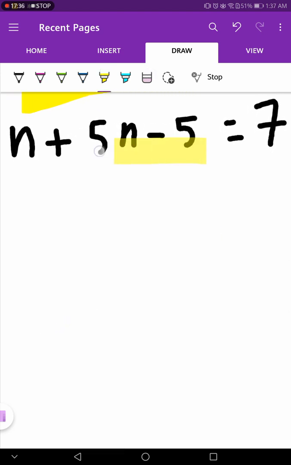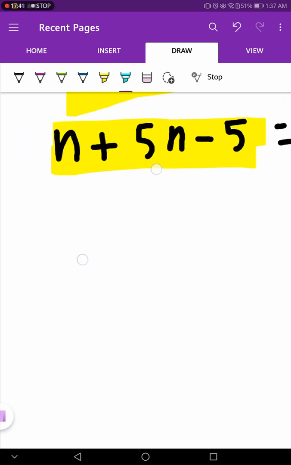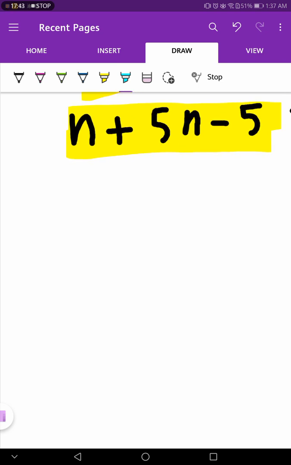Now again, left and right. Okay, but teacher, here we have to combine. We have n here and 5n here. Okay, and we can combine them. Yes, before you start solving the equation, make sure all the like terms are combined. Okay, now n plus 5n equals 6n